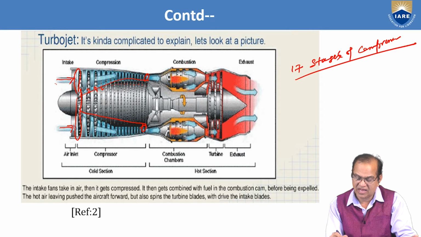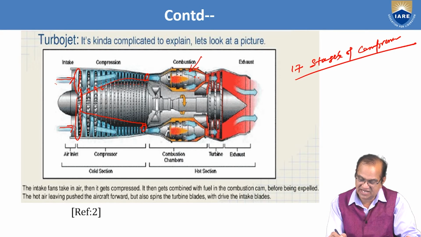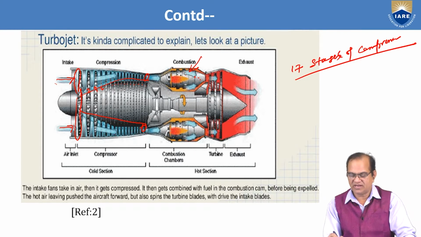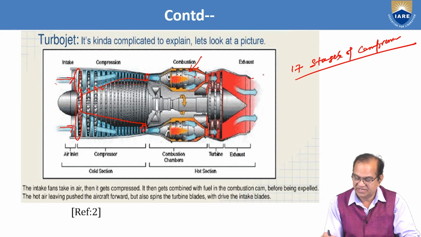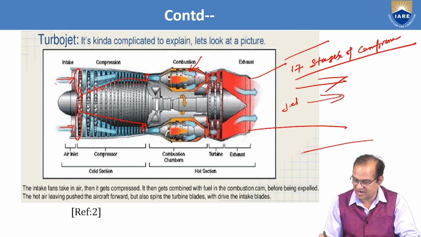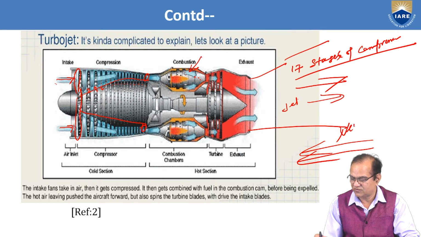As it is reaching the combustion chamber, the high temperature and high pressure gases are entering the combustion chamber. Fuel is injected here. Due to injection of the fuel, the burning is taking place in the combustion chamber. This hot, high pressure gas is entering the turbine. These turbines are moved and this turbine will give the power. In the nozzle, it is a jet. So flow will be in this direction, and your aircraft will move in this direction by Newton's third law.